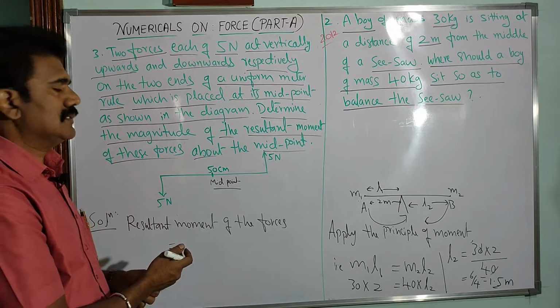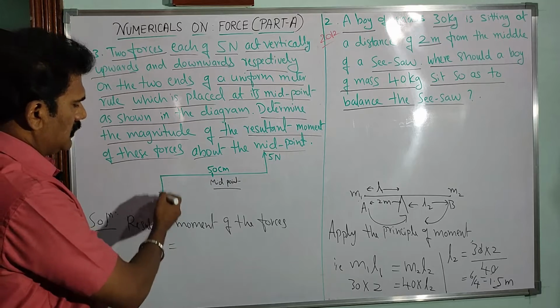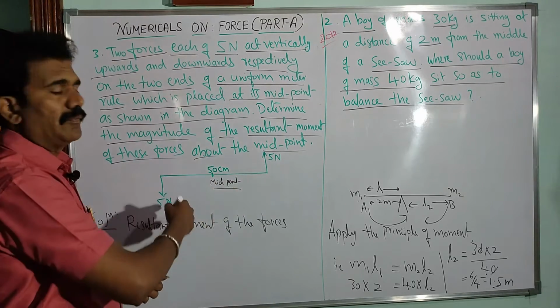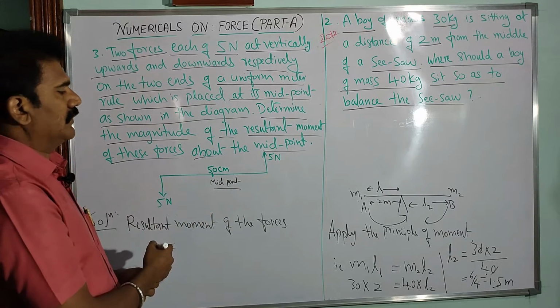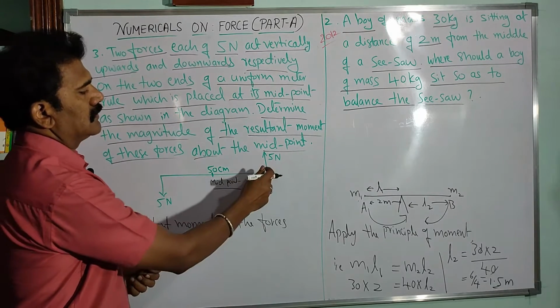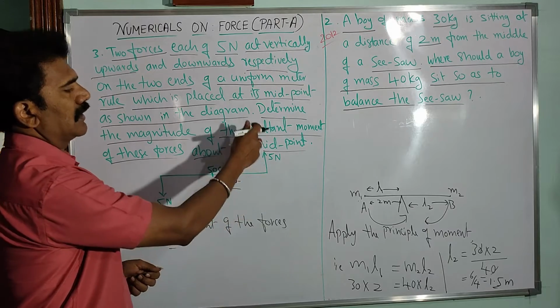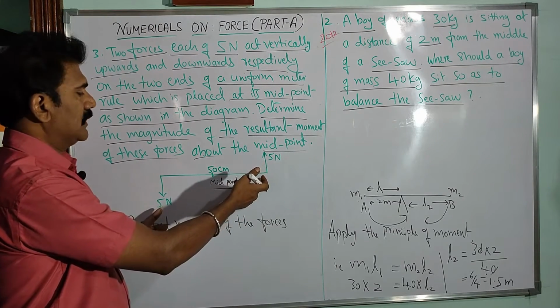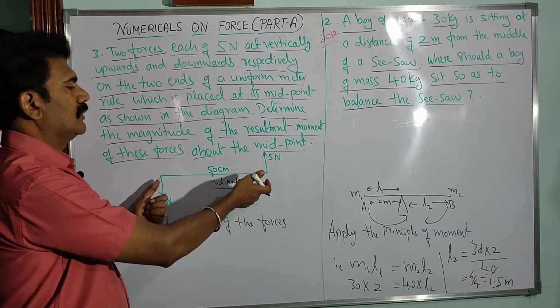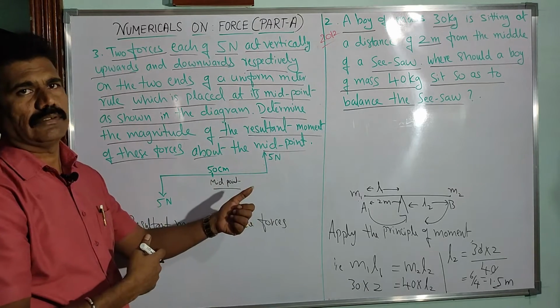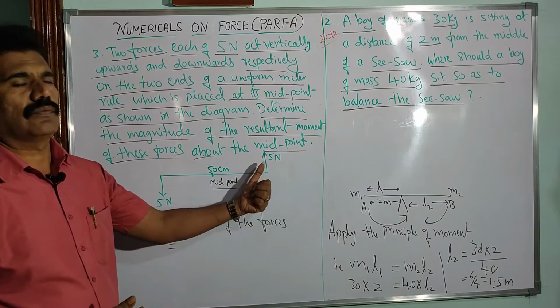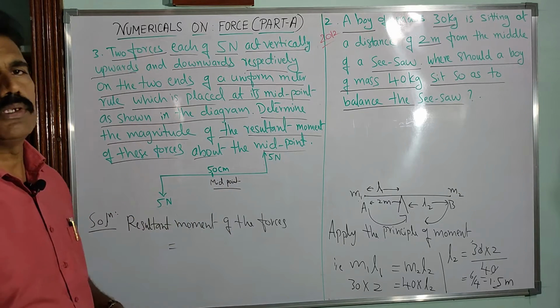In what direction is it? See, this downward force acting downwards makes the rotation of the beam in the anti-clockwise direction. Even for that rotation, the 5 Newton force on this side acting in the upward direction is supporting, so that due to both the forces you can expect that the body is rotating about the midpoint in the anti-clockwise direction, right? So the sum of the moments due to each force will give you the resultant moment of the forces.